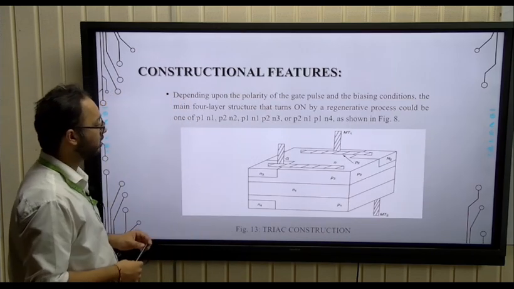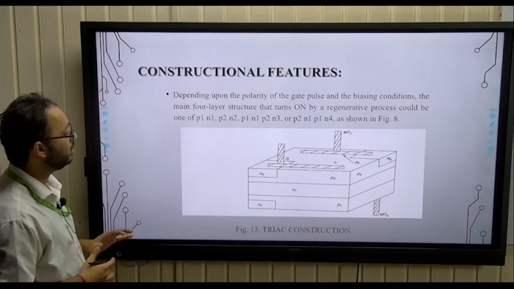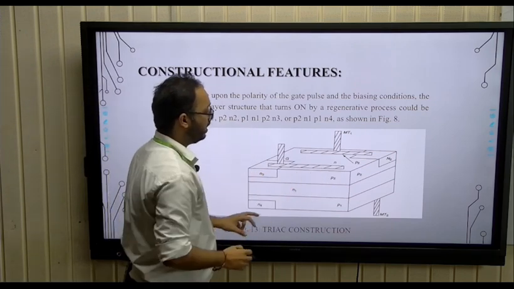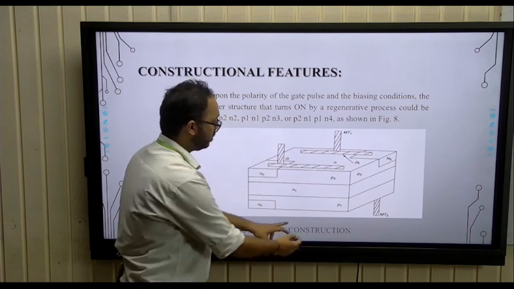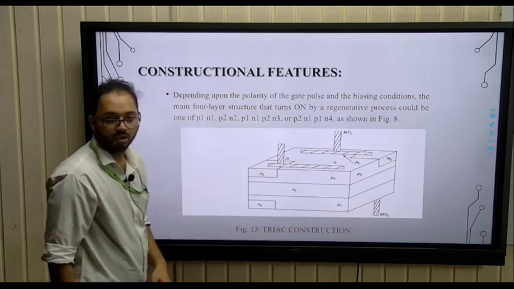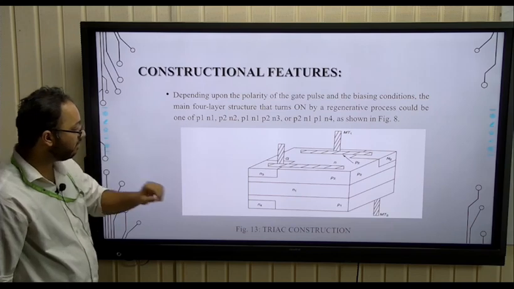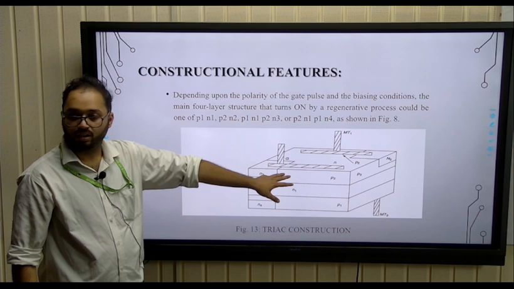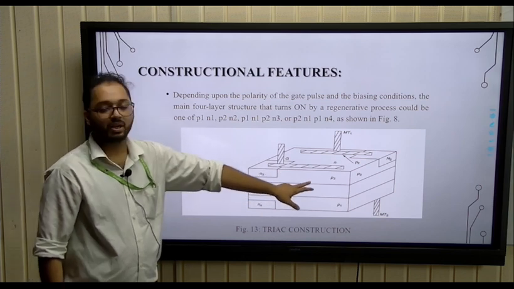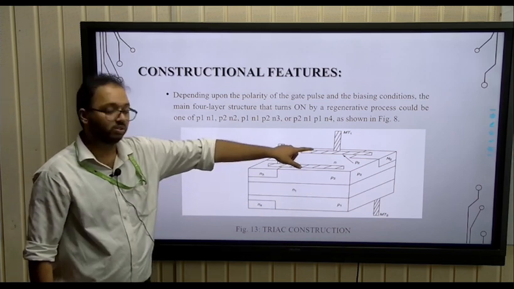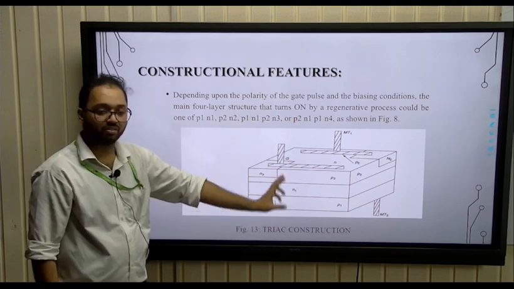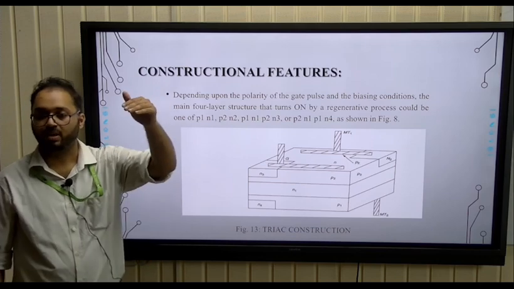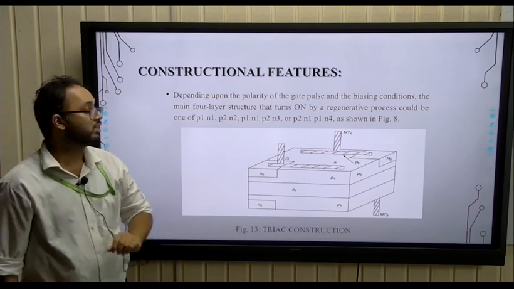This is the construction, actually how we make a triac: we have the whole area covered with gate, the whole area covered with cathode, and the same with the anode. Okay, so when we say that we have applied the gate, we have applied it to both the regions. Okay, we have applied it to the N3 region, we have applied it to the P2 region, and the same goes for the anode and cathode range. That is why it is able to conduct in both modes, whether you have applied a positive voltage or a negative voltage.